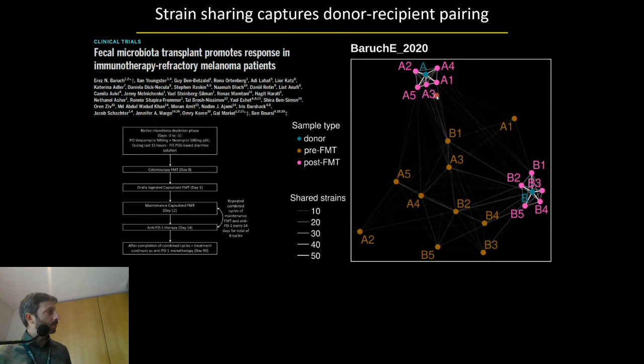These A and B are two different donors. The recipients are here in this gold color, and after the transplantation, if you look at the strain transmission, you can really cluster very tightly together the donors with the corresponding recipients. But it's not always so successful. So we have a strain engraftment rate which is very different in different conditions, including whether someone took antibiotics before the FMT or not. Important though, it is that strain transmission is linked with clinical success, so it's very important to